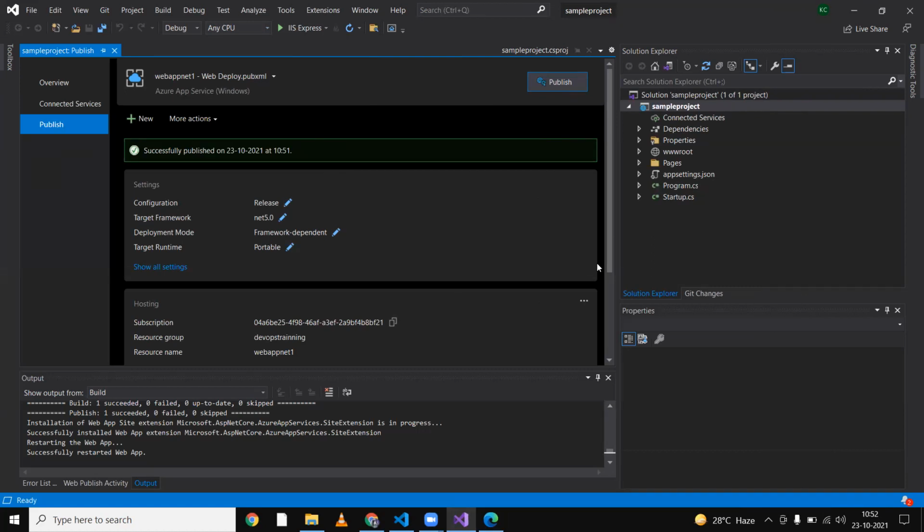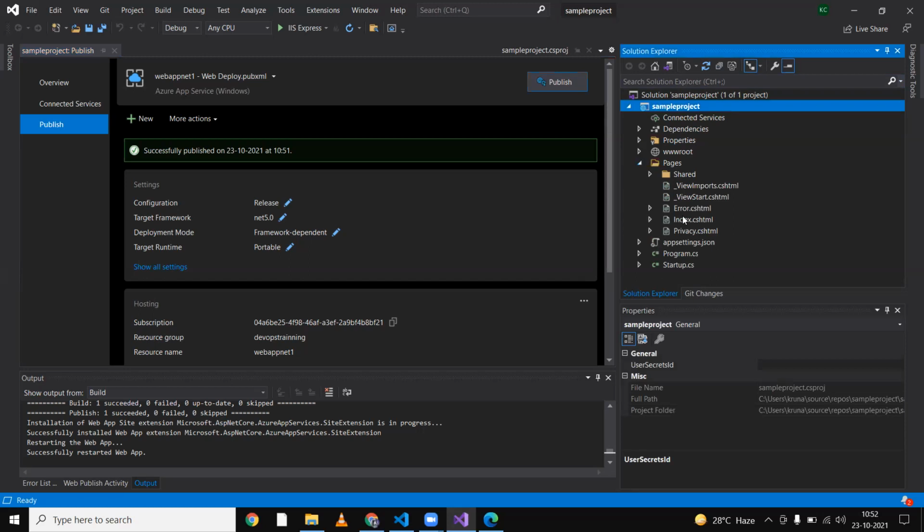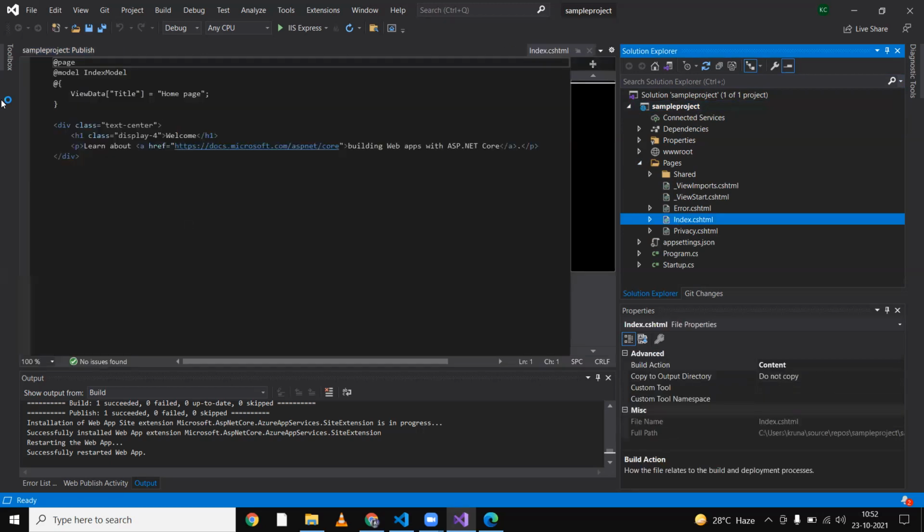If I want to edit this one, I have the option. See, this is my sample code. In my sample code, you first go to Pages, and in Pages you go to this index file. So the code of this page which you got output of is open.